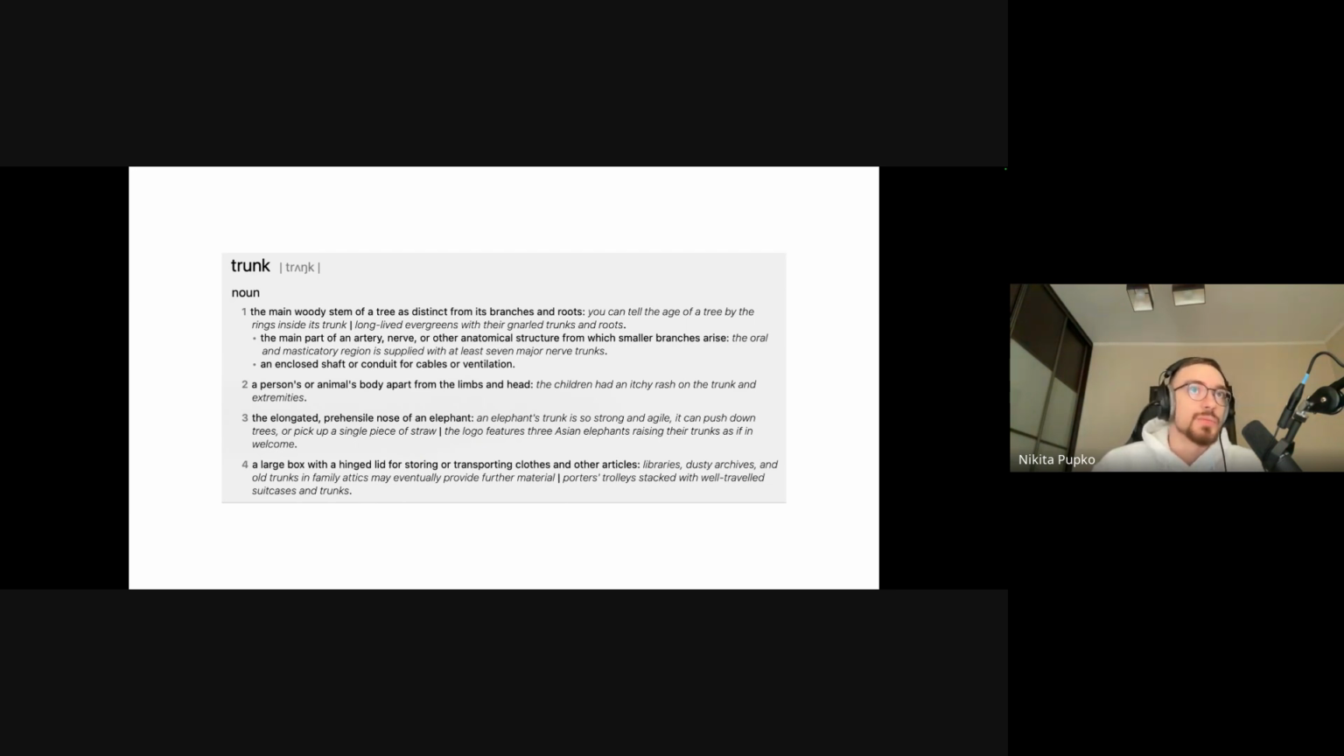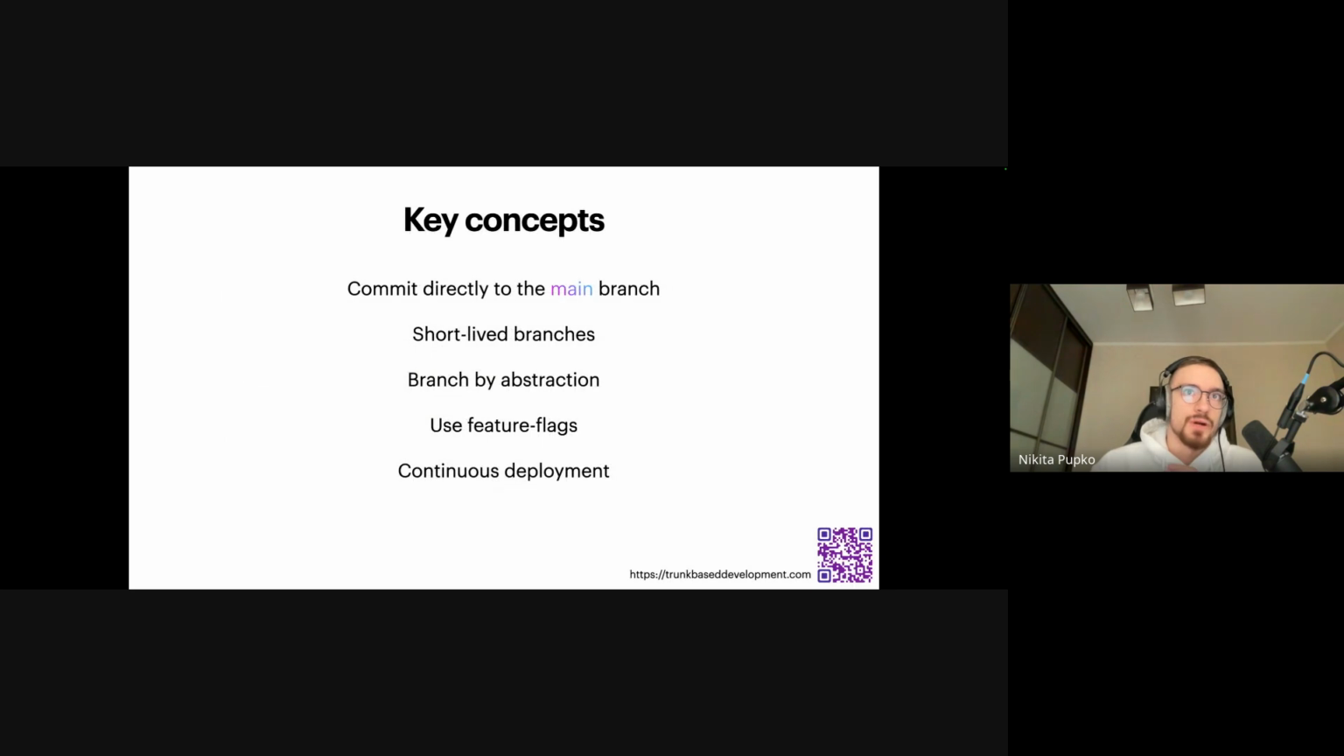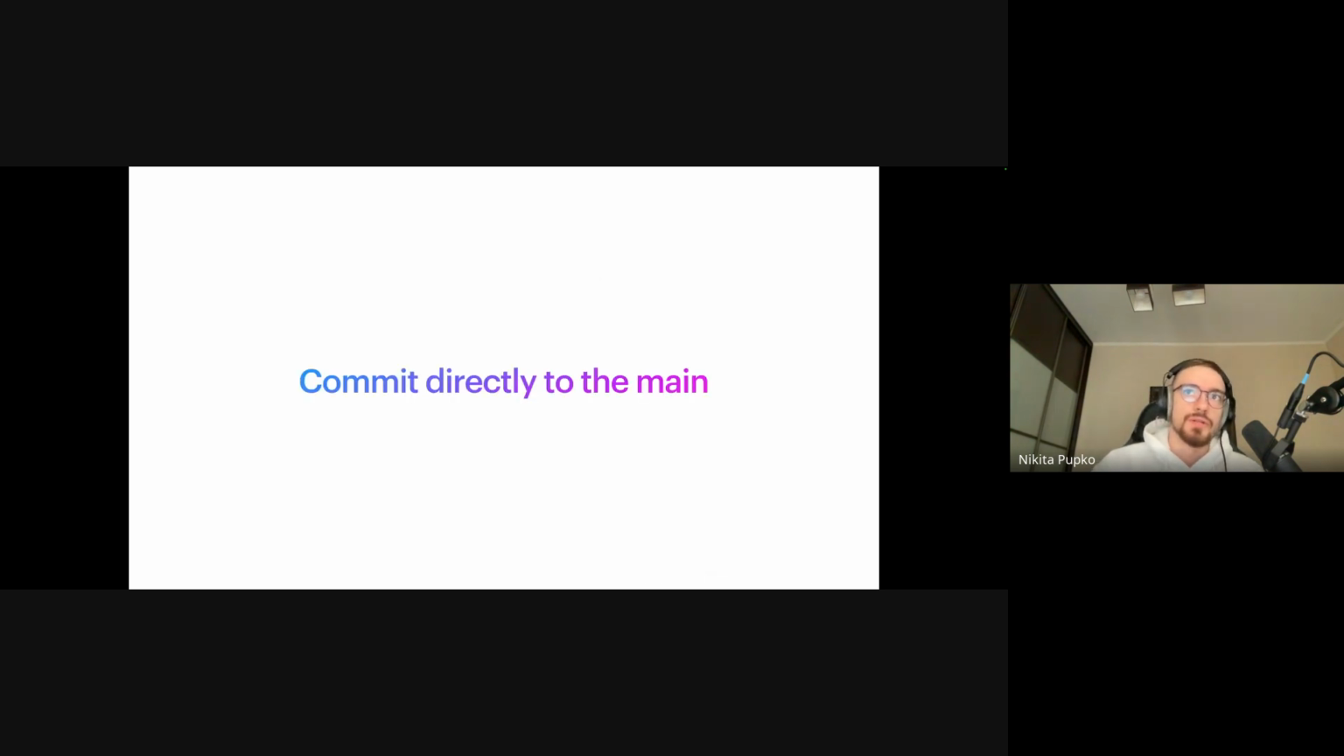What are the key concepts of trunk-based development? There are, I would say, from 3 to 5 key concepts. We will focus on each of them. The first one is commit directly to the main. It may look and sound weird and strange, but overall, it doesn't necessarily mean you need to make git push